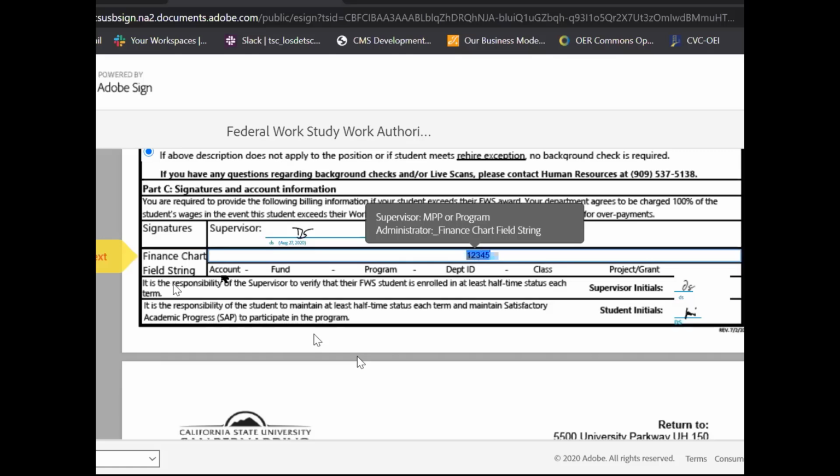And what will happen is in the event that you allow a student to earn more than their work study award, you will be invoiced for 100% of the overage, and so will be on campus. So this is just information that we need, but if you all just work with me to prevent this from happening,